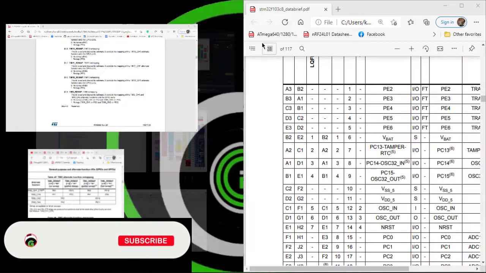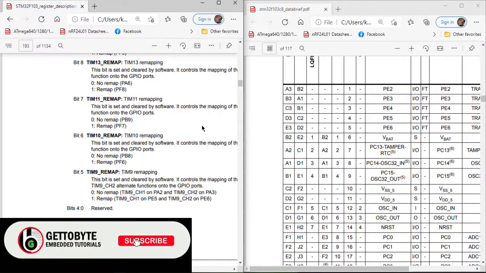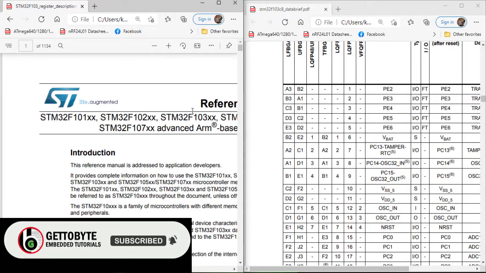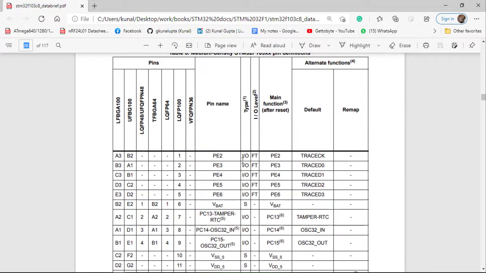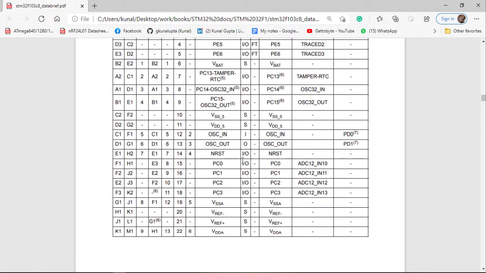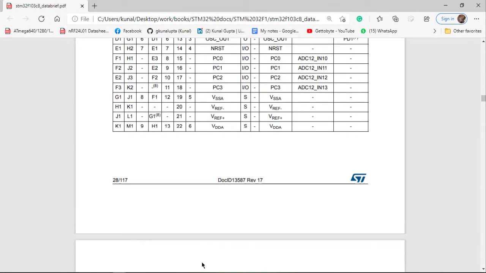The reference manuals are constructed by considering that you are using STM32F103, 02, 03 or F057, but under these also there are many divisions in which your peripherals vary a lot. So you just have to take care of that also and see the corresponding registers.